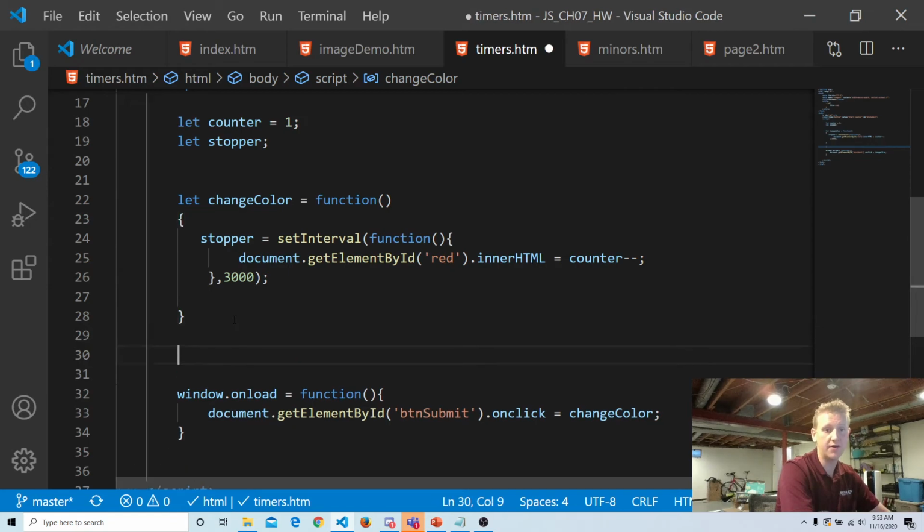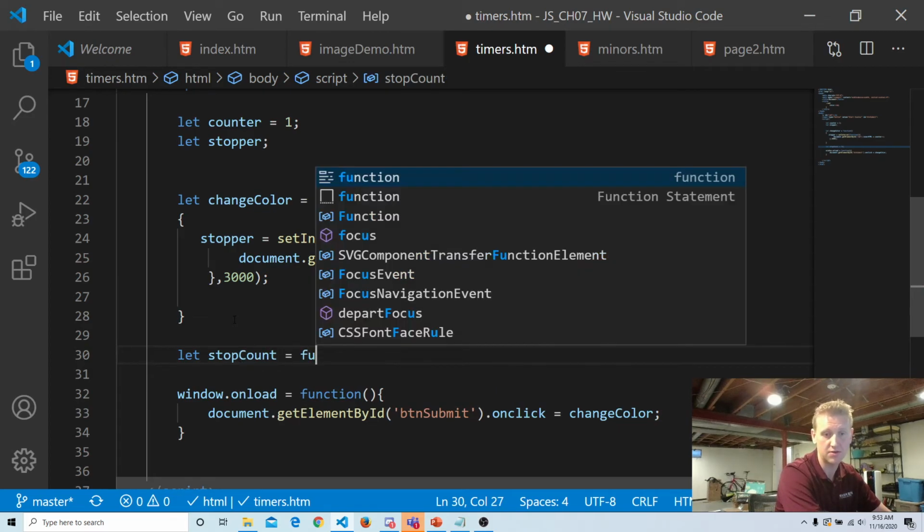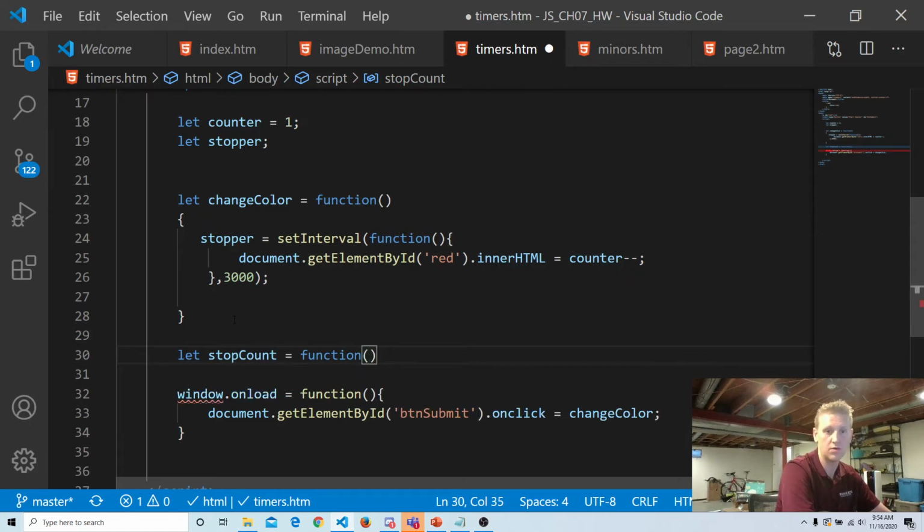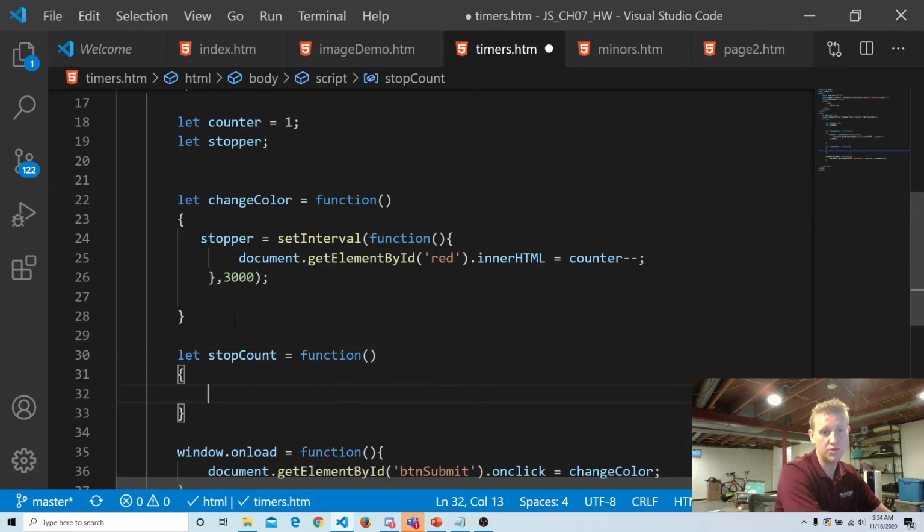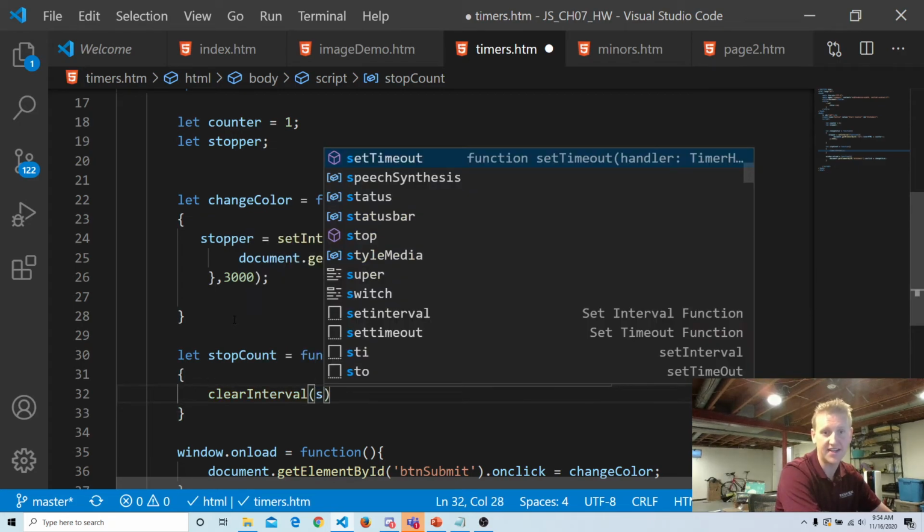I'll make another function called stop count. And then what you do is you do clear interval and then pass that stopper